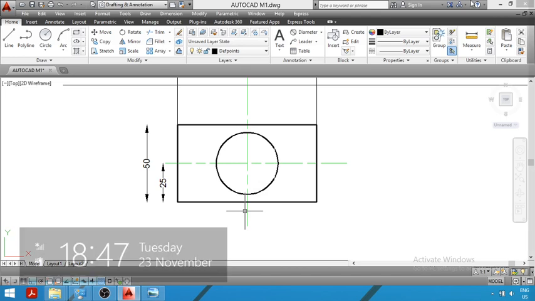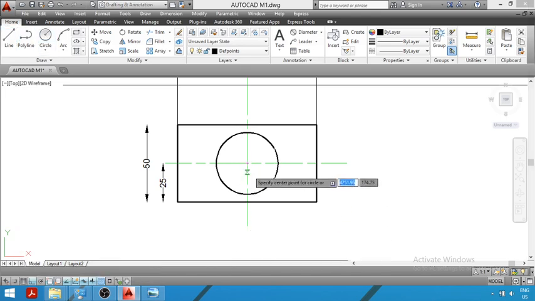Now in the next step you have to draw a circle with this point as center. This is my center. With this center you have to draw a circle of diameter 30 mm, or you can say radius is 15 mm.